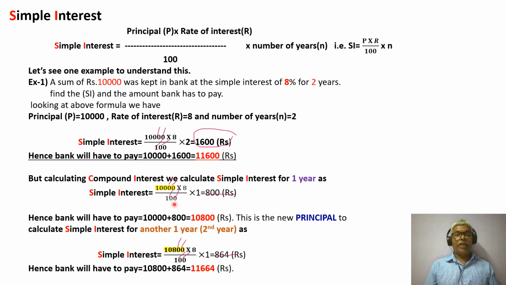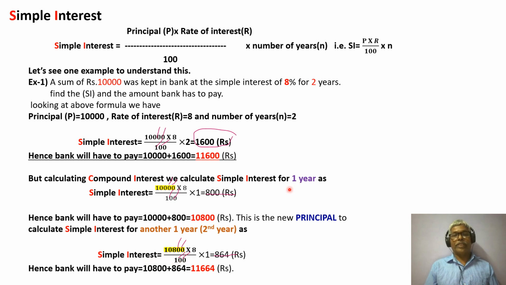Okay, but in case of compound interest, we add this interest to the principal amount, and the principal amount changes for the second year. See here, the bank will have to pay 10,000 plus 800, that is 10,800 rupees for the first year, and this is a new principal to calculate simple interest for another 1 year, that is the second year. The principal changes, the previous simple interest 800 is added to this, and it becomes